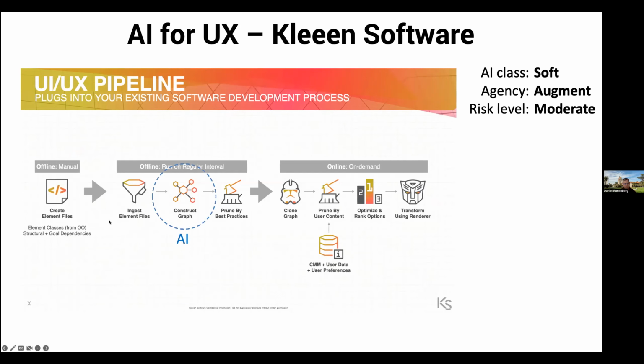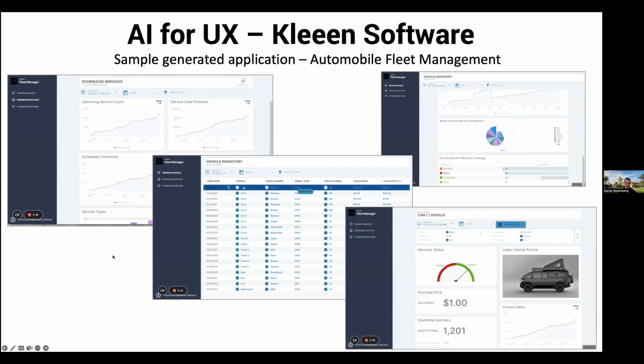And when you deal with all of the different files and data, there is a graph that's constructed about data relationships. And then there's a graph constructed about human goals and design patterns and how to map those patterns to create a user experience. And so there's more than one type of AI involved. Now, to step into the real world, take a look at these screens.